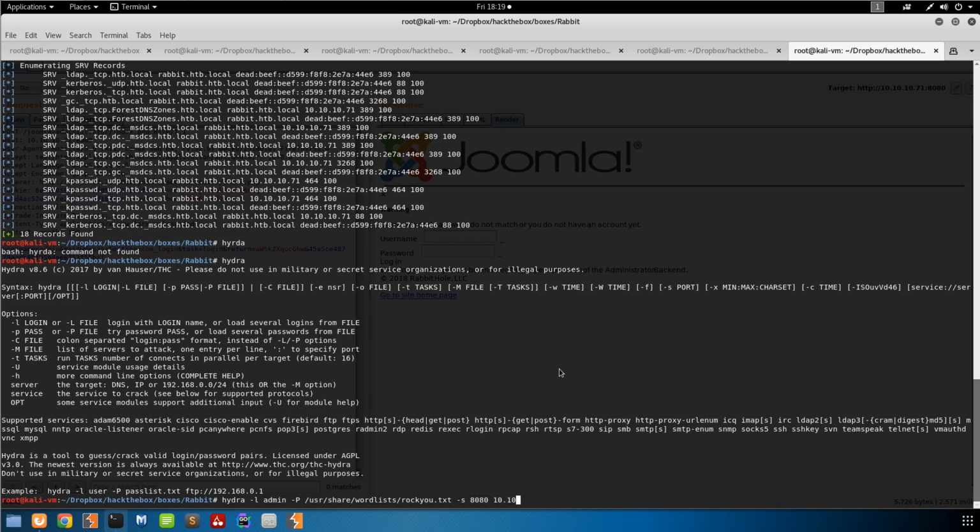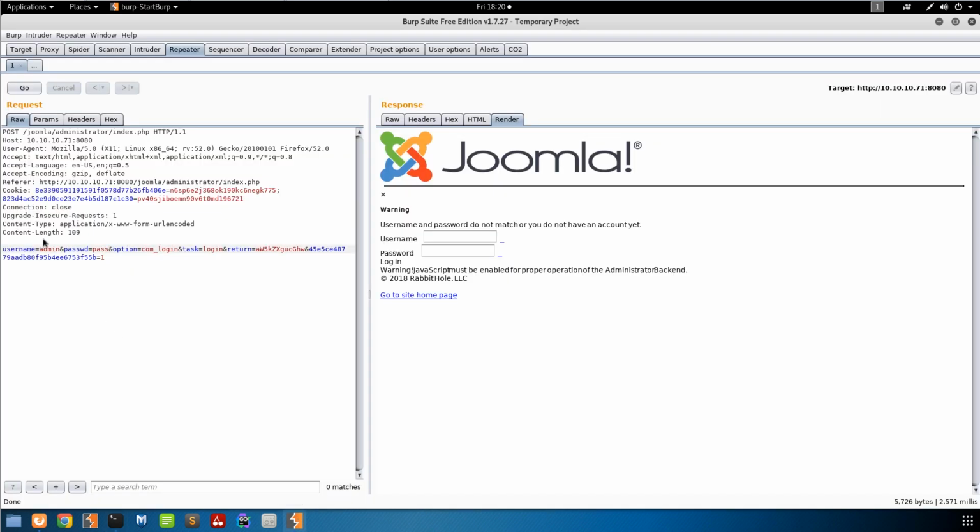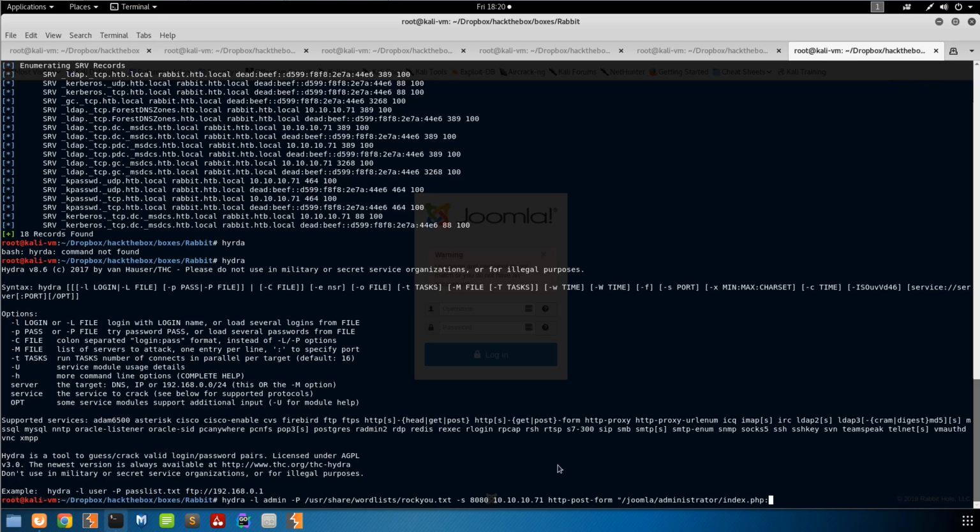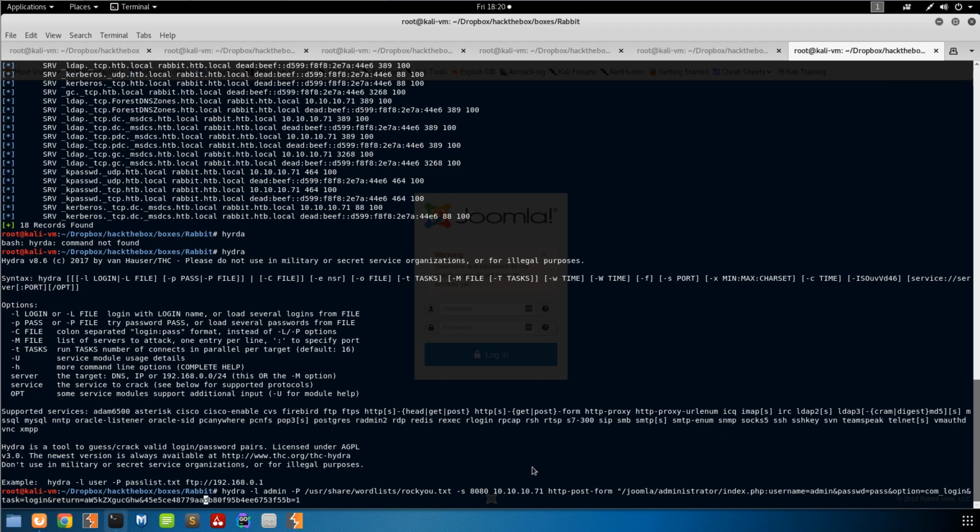and 10.10.10.71, and then we'll do the HTTP post form. And we'll do /joomla/administrator/index.php. And then we need our parameters, and so we can take those from here, paste those in, and then let's change the pass here to pass, and admin to user,